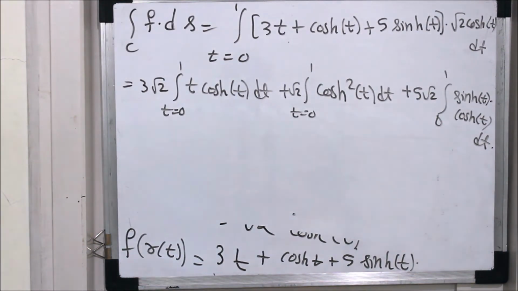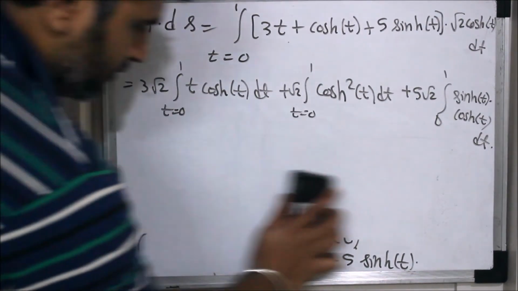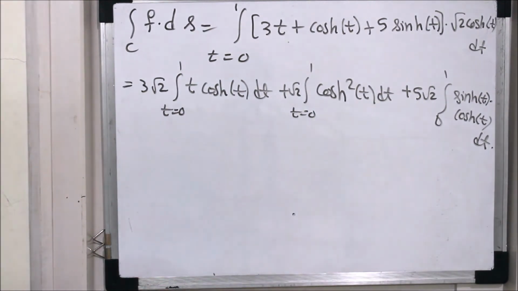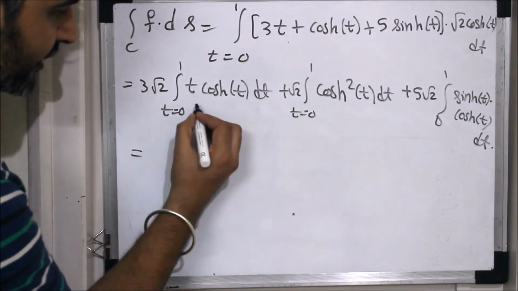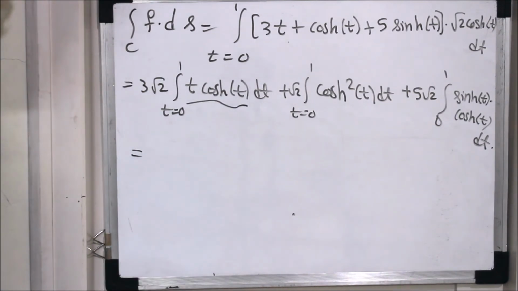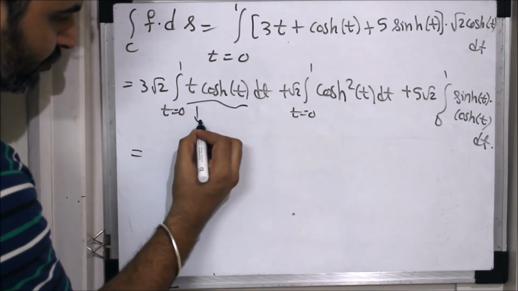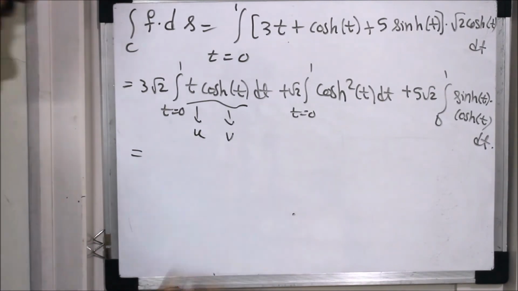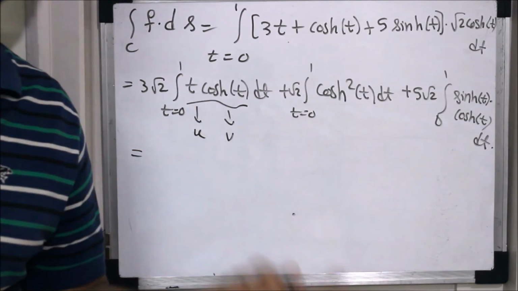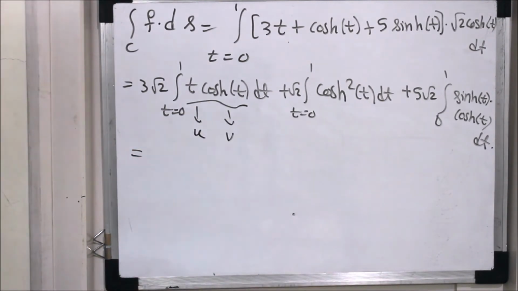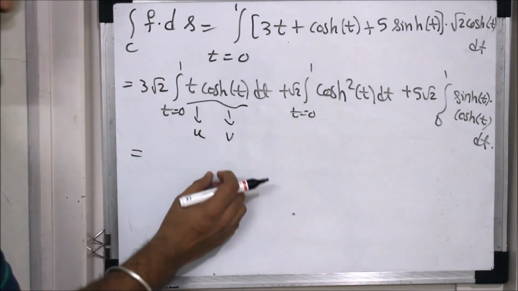And now it's not that difficult. I will give you an idea on how to solve this question. You can solve it and tell me the answer. Here you can apply normal integration by parts. You take this as your u and this as your v. The derivative of cos hyperbolic is sin hyperbolic, and the derivative of sin hyperbolic is cos hyperbolic. The same holds for integration. So this you can now easily do by parts.